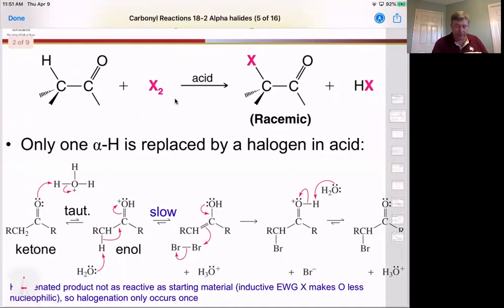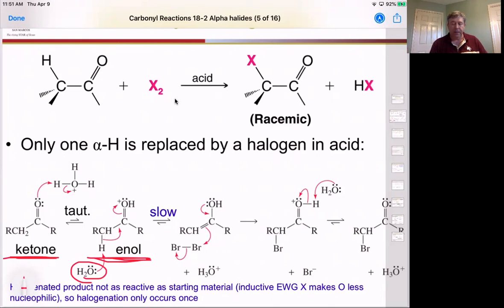And if we look at this system here, if we start with our ketone, which is our more stable system, and we protonate our carbonyl here, we can get to the tautomer that gives us the enol right here. Once we get the enol, we can actually use the base that was created from that first step to deprotonate that to create our